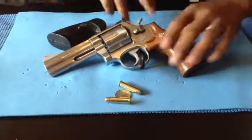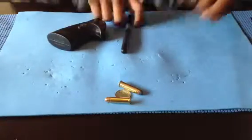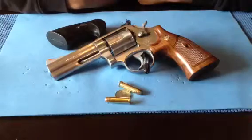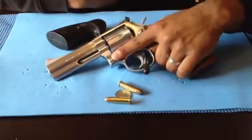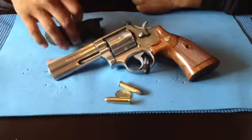Anyways, I'm sorry, I do a safety check. I know this gun's unloaded, but for the sake of the video, I hope that's coming out on camera. This gun is a solid piece of steel. It's a heavy gun. I don't know the exact weight, but